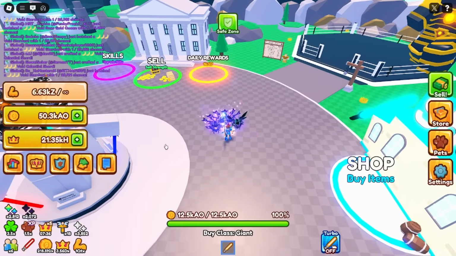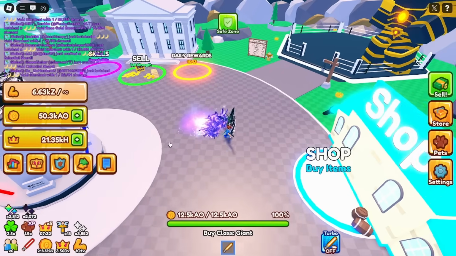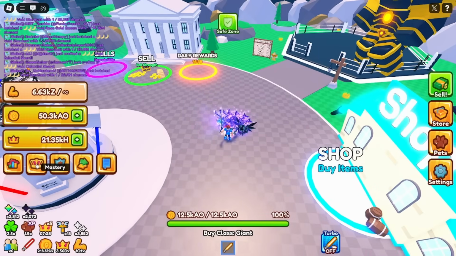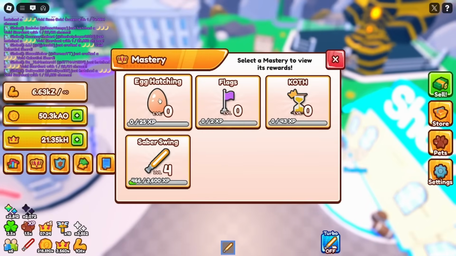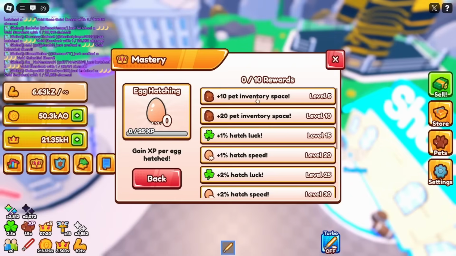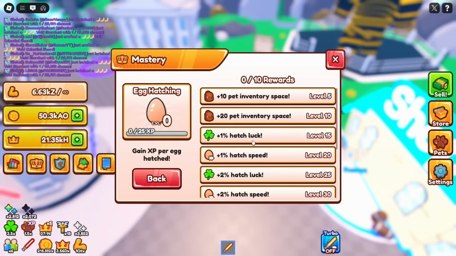Now I did say I'm going to be showing you the shop shortly, but I just want to show you the new mastery. So the new mastery one is just down here in between your stats and your clans, and you can see here we got egg hatching mastery, and obviously every time you hatch an egg, it goes up. So for level 5 you get 10 pet inventory spaces, level 10 20 pet inventory,